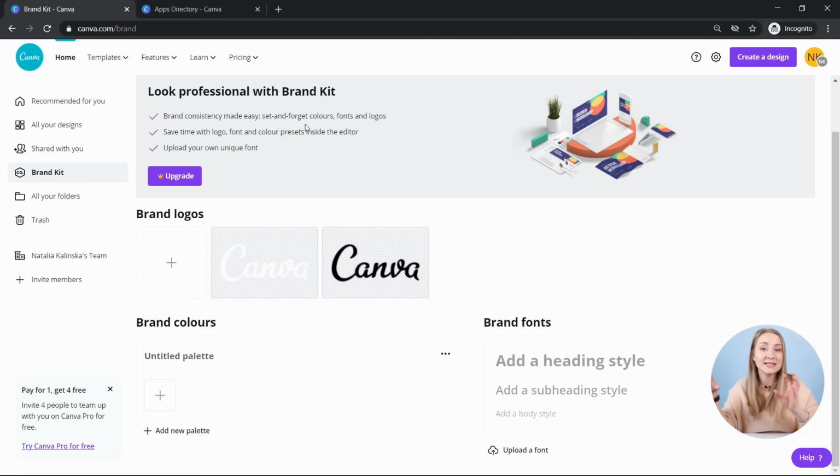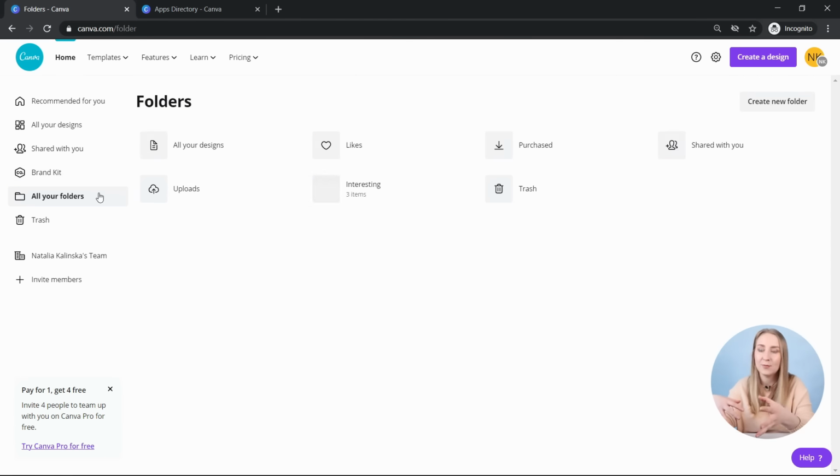So it doesn't have to be just one palette, it can be a few, and you can pick your brand fonts for your heading, subheading, and body. And this means that you have those available when you're designing. I'll show that to you in a moment. It won't be available to me because I'm just showing this on a free Canva account, but you'll see where it is and how easy it is to access if you have a Pro account.